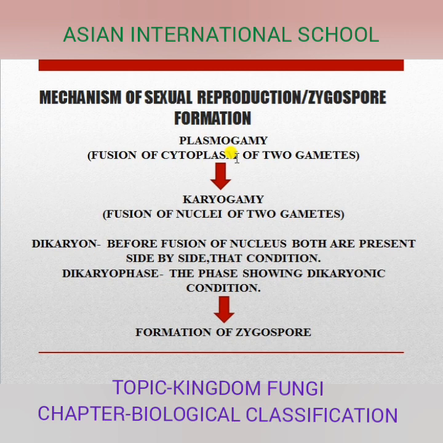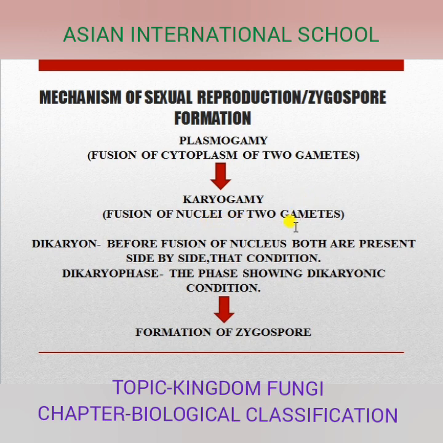So plasmogamy means the fusion of the cytoplasm of two different cells, or rather two different gametes. It is known as plasmogamy. So here, during zygospore formation, the cytoplasms of the two gametes fuse with each other; that is plasmogamy. Next, after cytoplasmic fusion, the next type of fusion happens between the nuclei of two different gametes, obviously